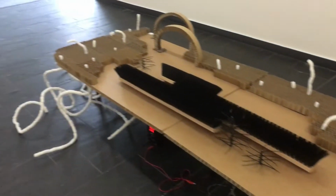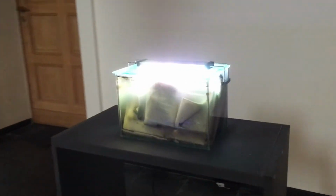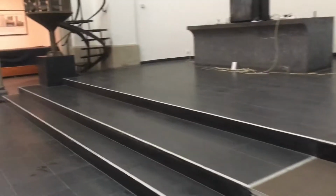I don't know what this is, but it's a nice sculpture with mechanical movement and sound, and this one with light. Very complex. Also working with the material, and I'm very surprised by this variety of works. Oh, this one's my favorite. Well, I don't know which is my favorite or not, but